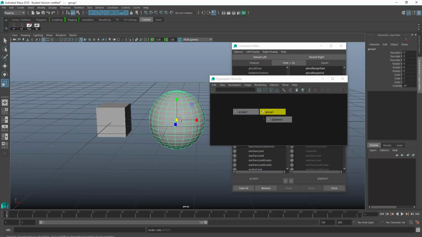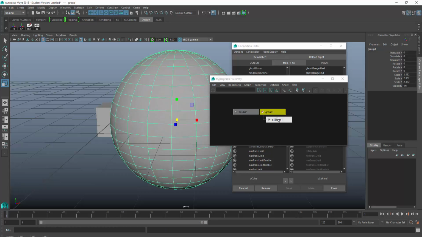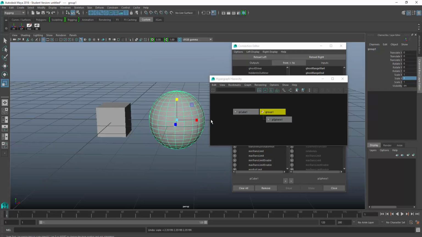This way we can use the group to scale the sphere, and if we look at the sphere node, by selecting the sphere, there is no value on the scales of the sphere. It's still 1, 1, 1. So the group is actually controlling the scale now, as well as it can control position and rotation of the sphere. What this means is that if we want to make this connection, we can go from the cube